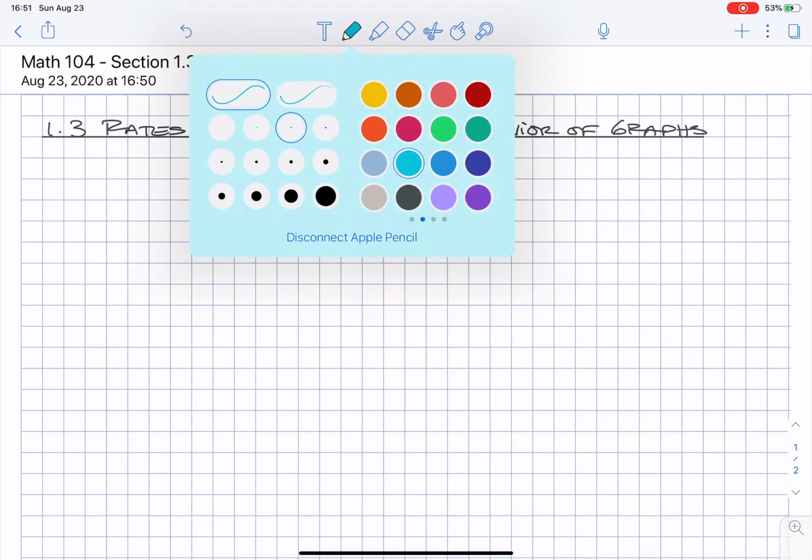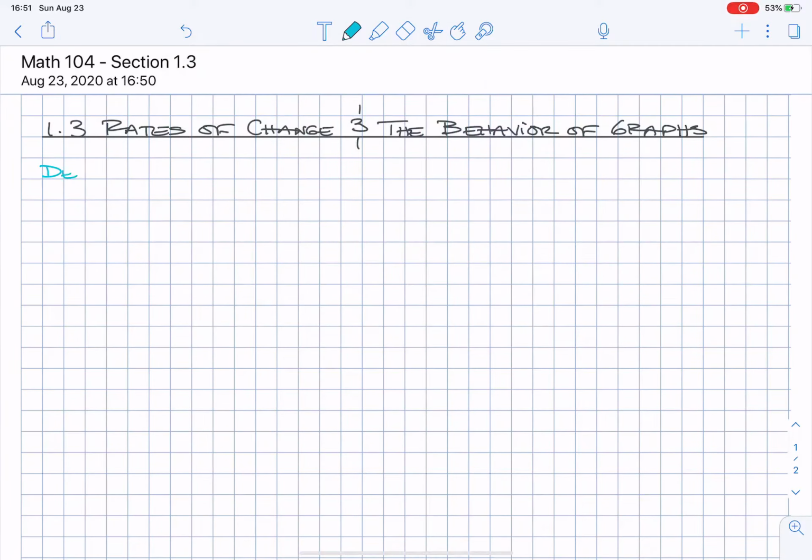Okay, so definition. Let's let f of x be a given function, right? So remember, functions pass the vertical line test. So be a given function. Then